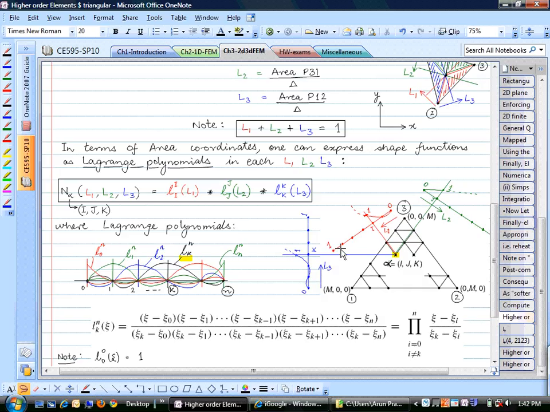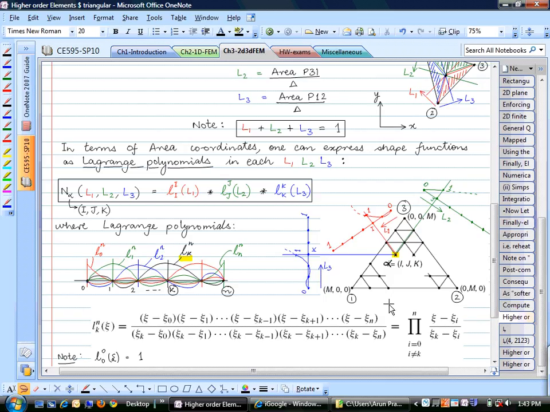And we are saying that we will construct a Lagrange shape function for this point, which is denoted with I, J, K. These are the triangular indices, if you will. The indices in this case will start from 0. So here is 0, 1, 2, 3, 4, 5, 6. In this case, we have six indices or 6 nodes in each of the